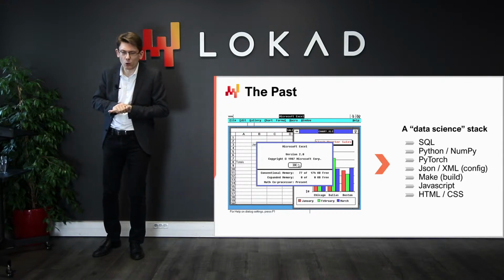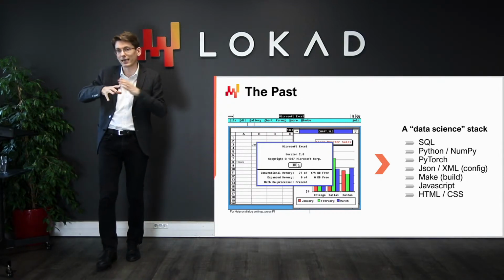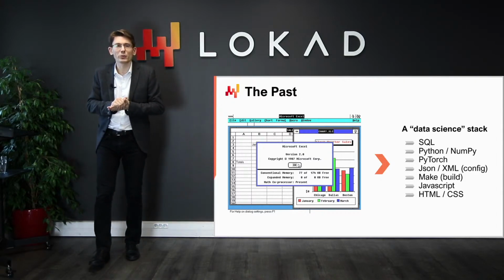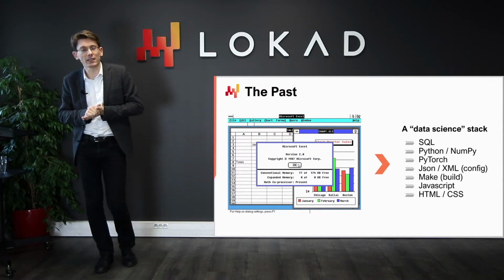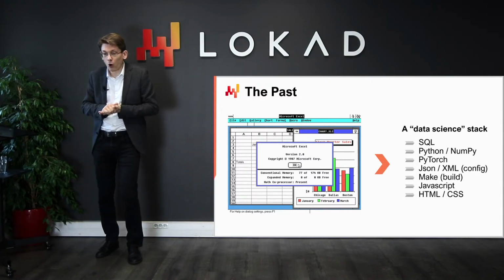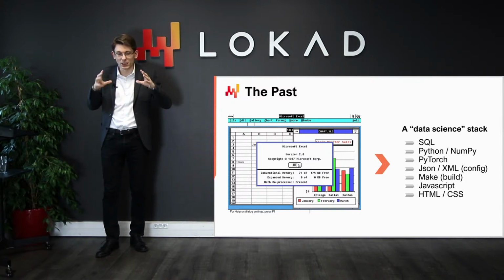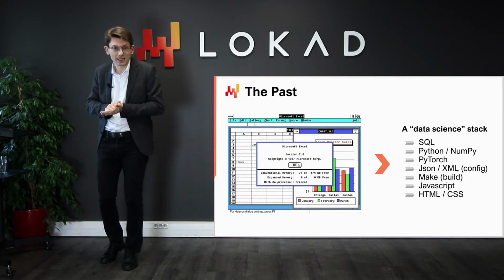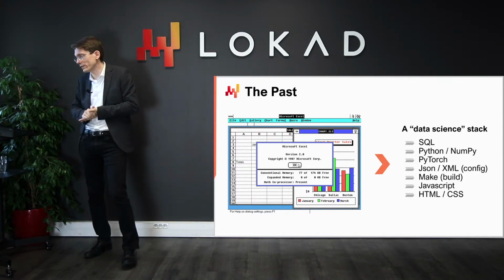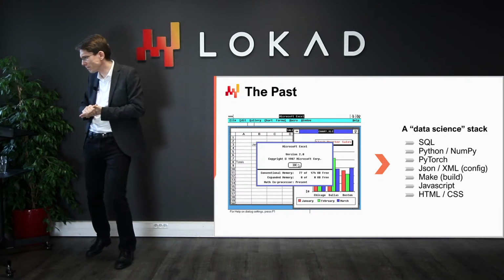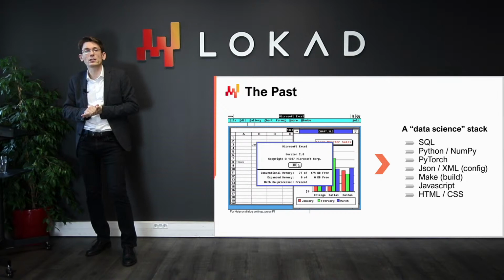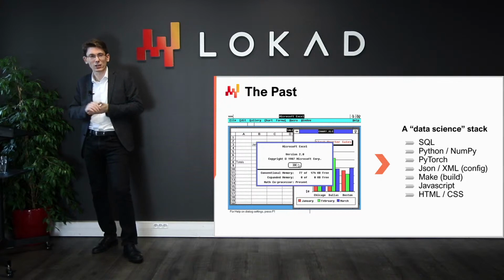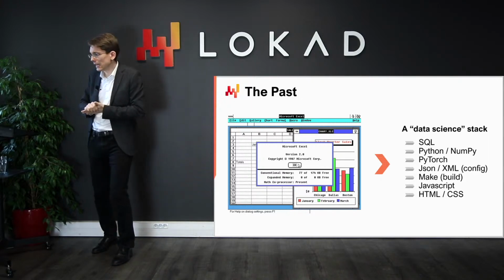However, Python on its own tends to be dramatically slow, so you might need a sub-language like NumPy. And then at this point, you are still not doing anything in terms of machine learning or mathematical optimization. So for true hardcore numerical analysis, you will need something else, and that's again a programming language of its own, let's say PyTorch, for example. Now that you have all those elements, you have quite a few moving parts already. So your configuration of the application itself that you're building is going to be quite complex.